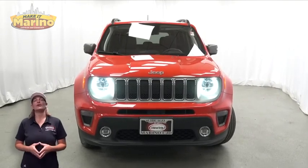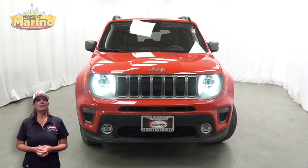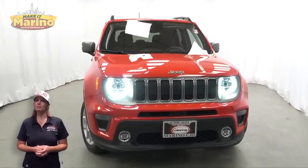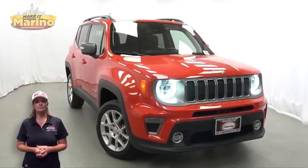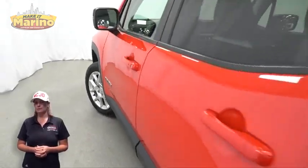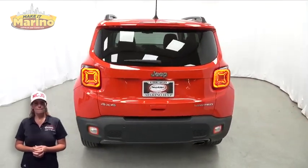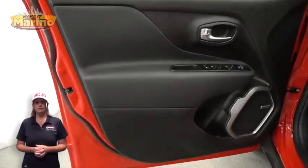If you're looking for a functional compact SUV with reliability and safety for your whole family, then take a look at this 2021 Jeep Renegade Limited in Colorado Red. With LED projector headlamps, front fog lamps, 17-inch aluminum wheels, power heated mirrors, blind spot and cross-path detection, heated front